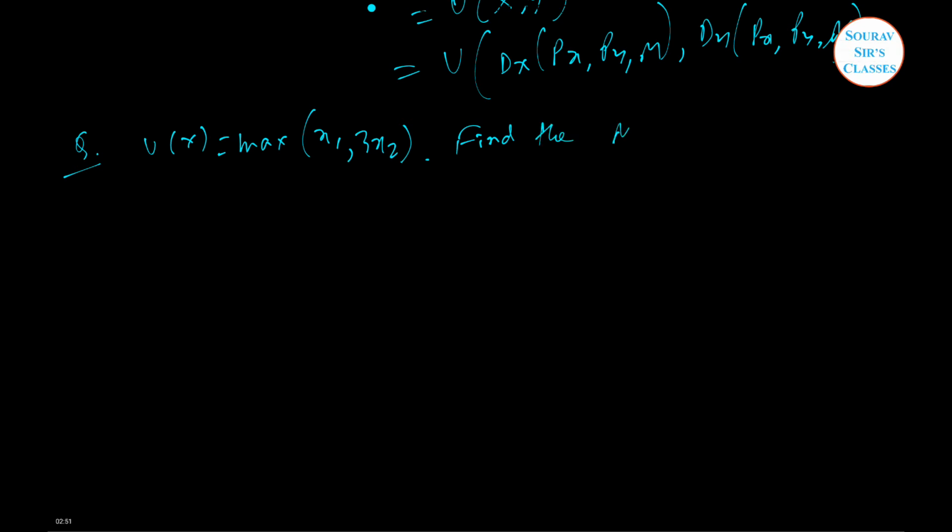So find the Marshallian demand and the IUF, indirect utility function, for fixed P2 and M. So what is fixed? For fixed P2 and M. Now here if we try to solve the question, this type of function is called a convex function. So it's a convex function,